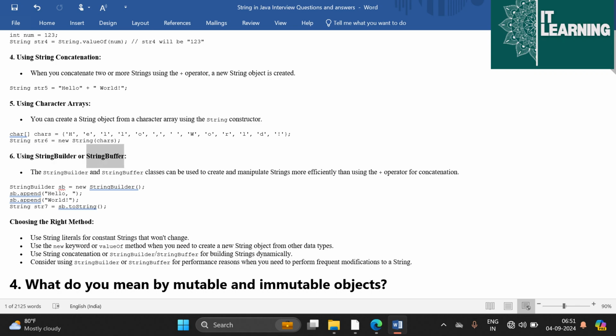6. Using StringBuilder or StringBuffer. The StringBuilder and StringBuffer classes can be used to create and manipulate strings more efficiently than using the plus operator for concatenation. StringBuilder sb = new StringBuilder(); sb.append("Hello"); sb.append("World"); String str7 = sb.toString();